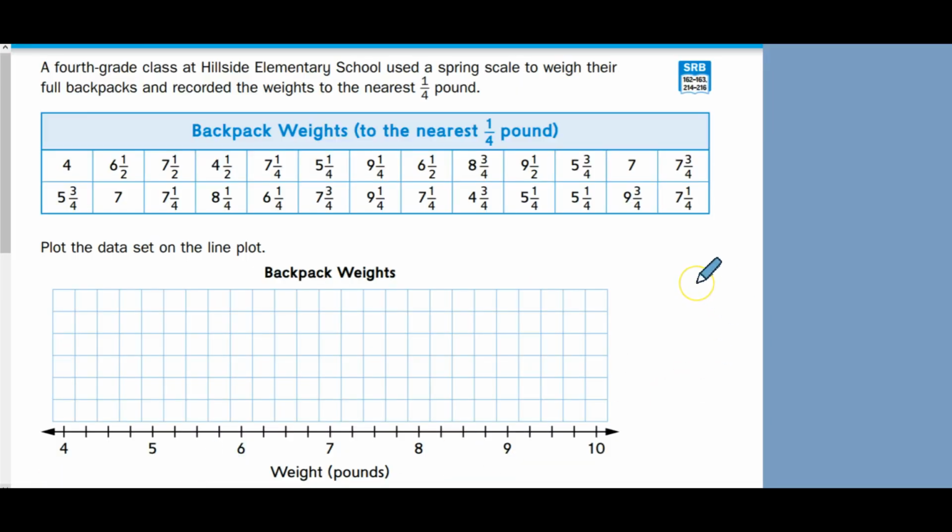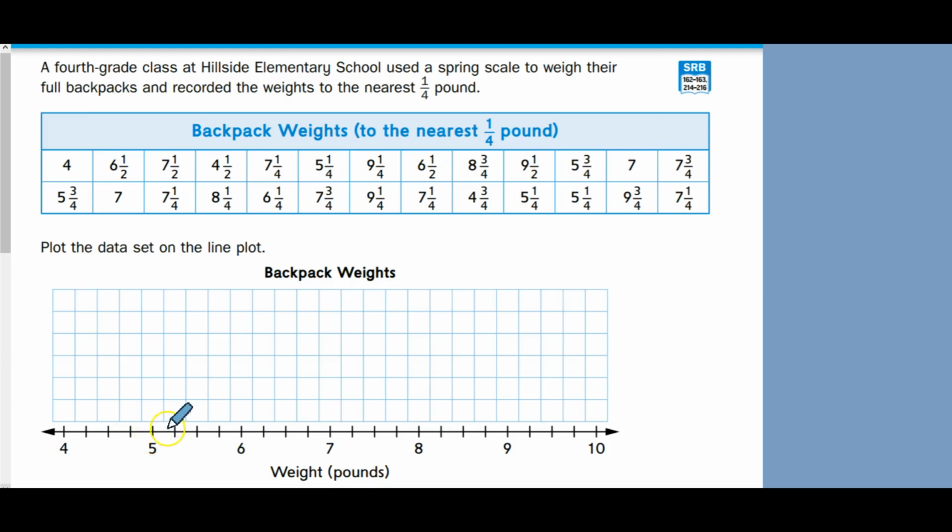Let's look at this line plot that we need to create in our math journals about backpack weights. And our unit, weight in pounds. Let's look at our number line here along the x-axis. What is it counting by? I see 4 through 10. And I notice between 4 and 5, I have 1, 2, 3, 4 equal spaces. This must represent 4 and 1/4, 4.5, 4 and 3/4,